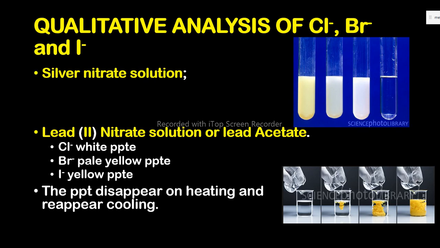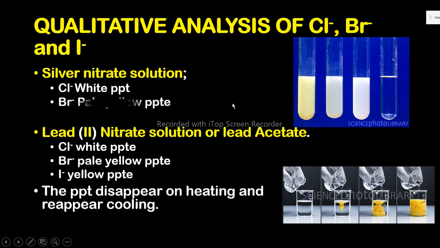With chloride ions you get a white precipitate, with bromide ions you get a pale yellow precipitate, and with iodide ions we get a yellow precipitate. So basically that's how we shall call it